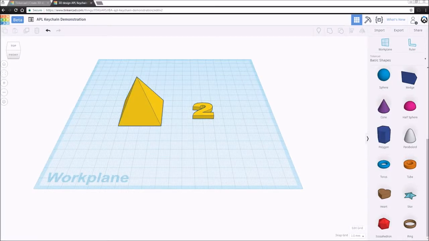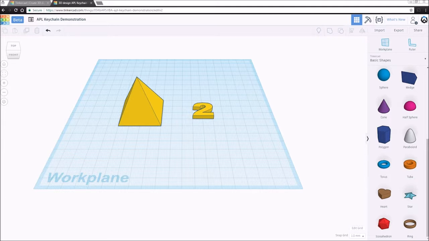In this video, I'm going to show you how to use custom workplanes to create more complex objects. Now, as you can see on the workplane in front of you, I've created a single pyramid as well as the number 2. As if I were to play a complex board game, I'm going to try and create a 5-sided die. Now, unfortunately, the die does not have faces that nicely line up with the 90-degree grid, either vertically